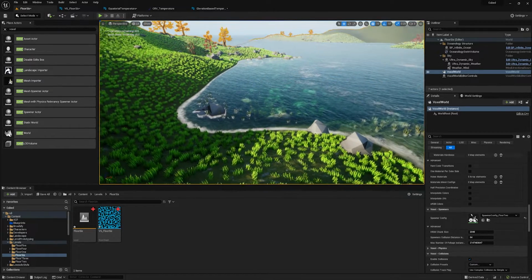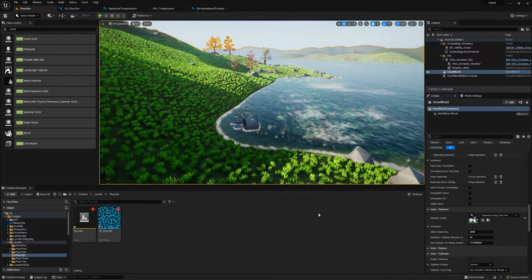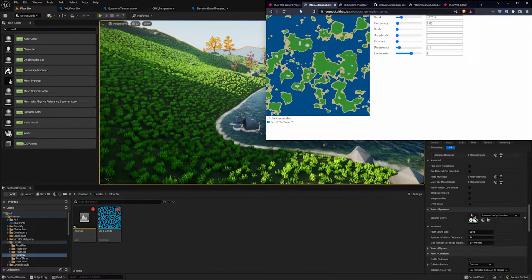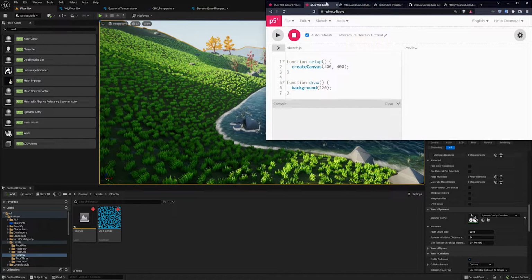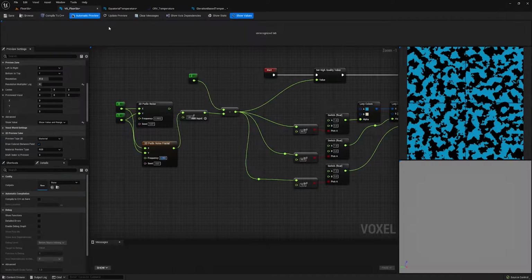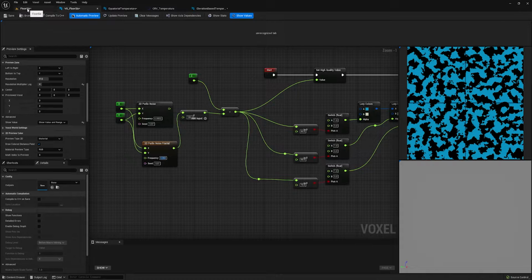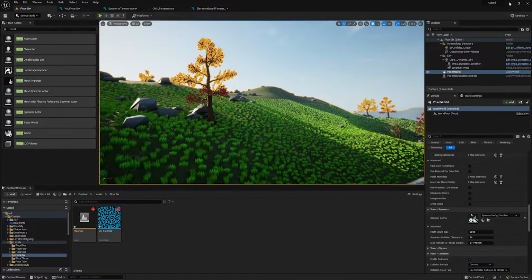And the reason why I'm explaining this is just so that you get a better visual understanding of what we're doing when we're coding, because this is a pretty complicated topic to absorb the first time that you're messing with it. So we're going to go through this, and hopefully it'll start to make sense as we go. But I just want you to keep this mental image in mind, because although we're doing a 2D noise here, we're also using a 2D noise in this generator. We're just interpolating it to the 3rd dimension by doing some basic arithmetic here, by multiplying and then subtracting. So just keep that in mind, and then hopefully this project will make a lot more sense. But we're going to start in the